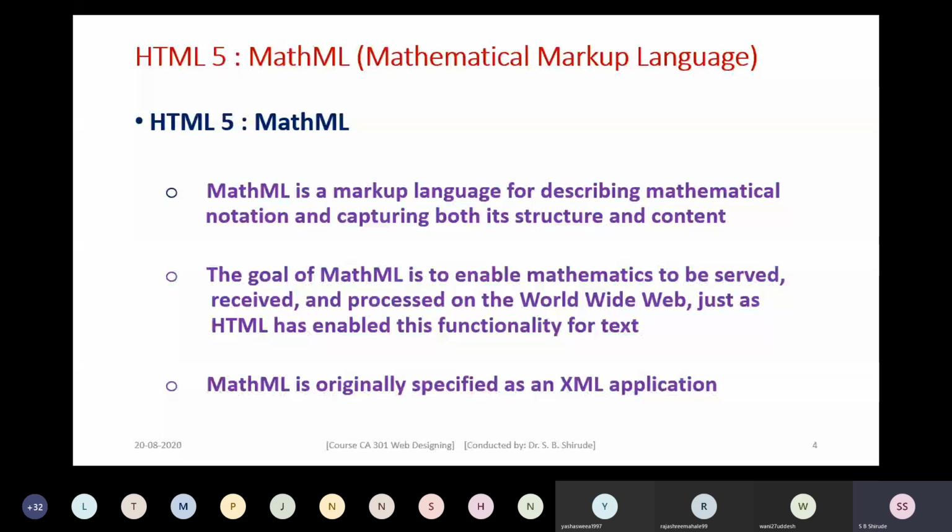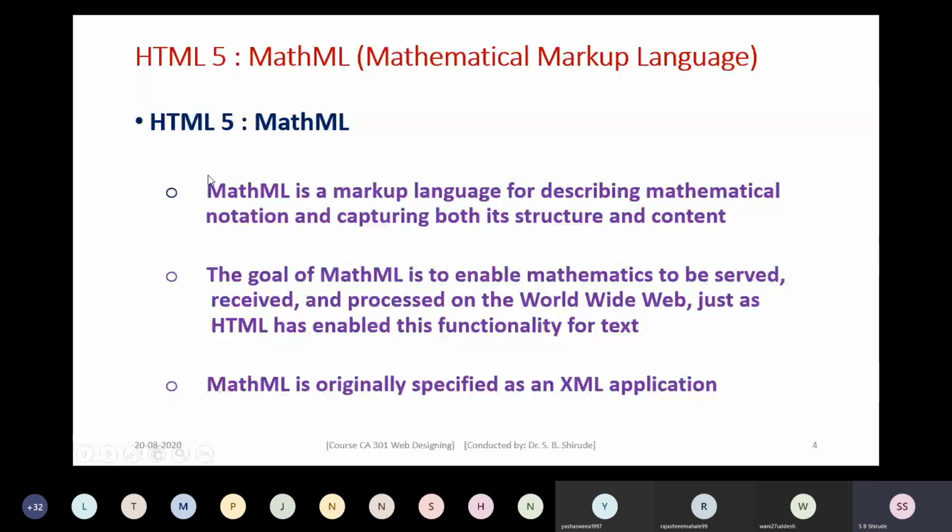HTML is used for marking up text. Generally textual data we mark up by using HTML. Similarly, if we want to describe mathematical notations and different mathematical structures, can it be possible by using simply HTML? No, because HTML supports only textual data.